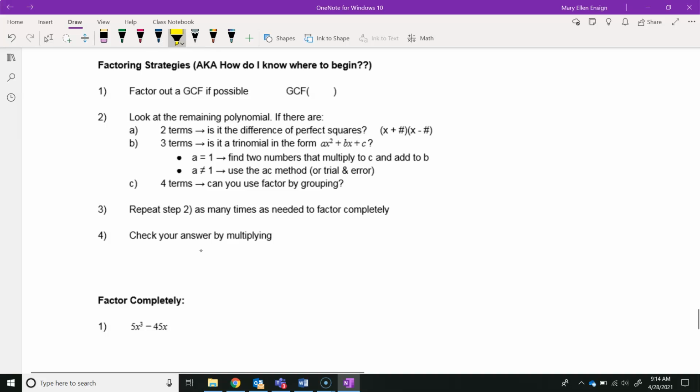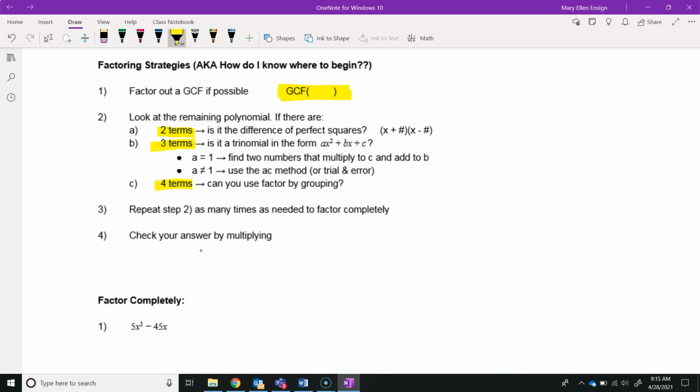And we write that like this, where there's the greatest common factor, and then there's a set of parentheses that has whatever's left. Okay. Now, look at the remaining polynomial. So, meaning either after I pull out a GCF, what's left, or if I couldn't pull out a GCF, look at what I have. And we really group these based on how many terms there are. So if there are 2 terms, the only thing we know how to do, once we've taken a GCF out, is the difference of perfect squares. If I don't have the difference of perfect squares, I can't do any factoring. If I do have the difference of perfect squares, it factors into x plus a number and x minus a